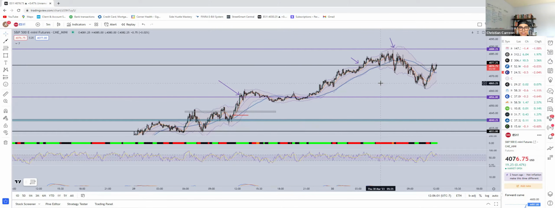I had 100 contracts of the E-mini. I don't trade micros, so it was a regular contract size, and it did extremely well. That was my trade. I haven't really traded today. I don't want to give back my profits, but as you can see, on a 5-minute time frame, this was